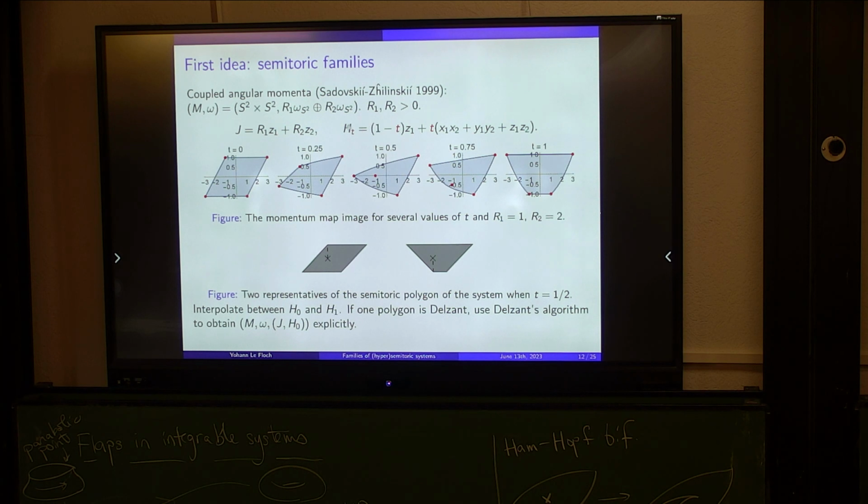But H depends on a parameter, T, and it interpolates between Z1, which is just the one generating the rotation in one of the spheres, and the scalar product of the two vectors. And the system that I showed you earlier was the t equals 1/2 system in this family. And if you look at the momentum map image, what's going on is that